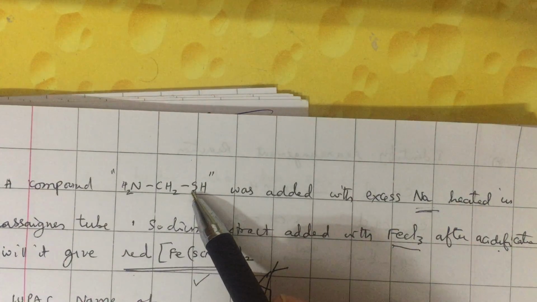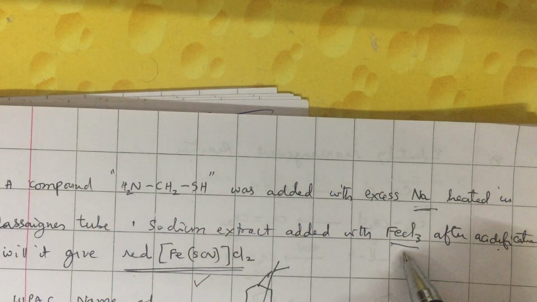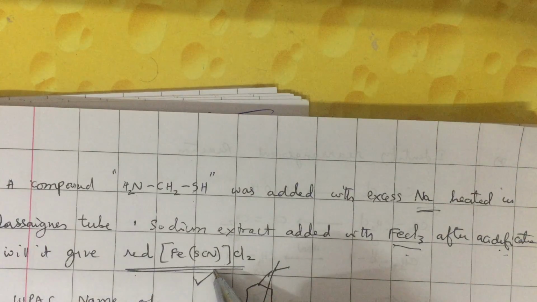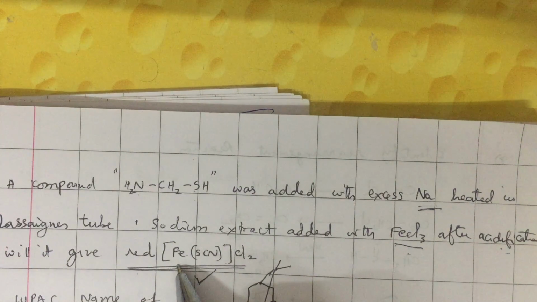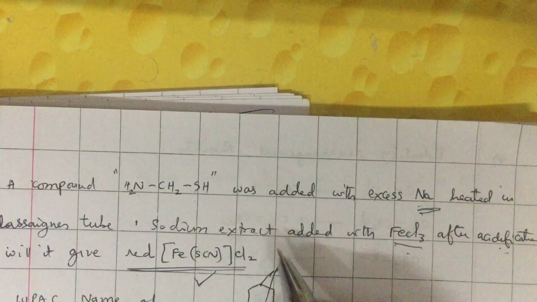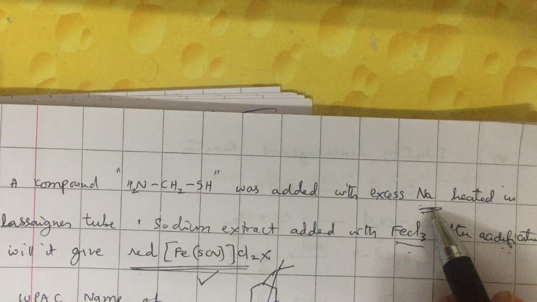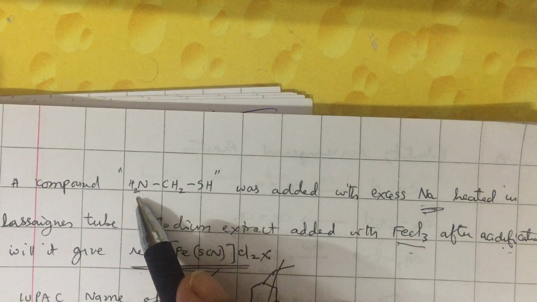Usually any organic compound that contains both sulfur and nitrogen, in the Lassaigne test on addition of ferric chloride after acidification, is supposed to give a blood red coloration due to the formation of this thiocyanate complex of ferric chloride. But if the sodium is in excess, it would not give this. Why? If sodium is in excess, you will get sodium sulfide and sodium cyanide separately, but you would not get sodium